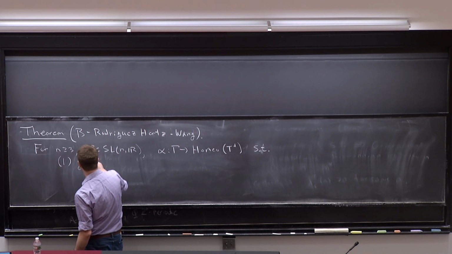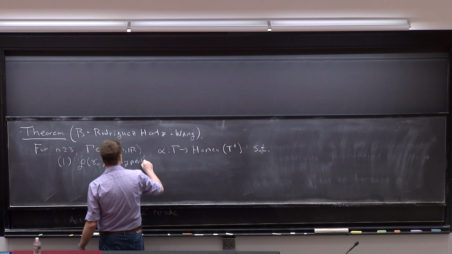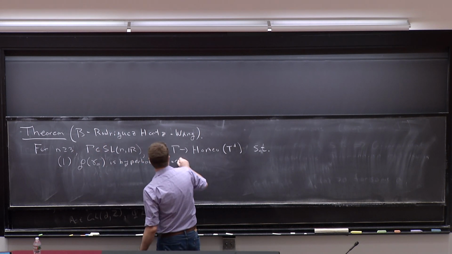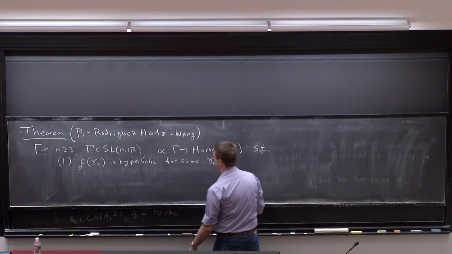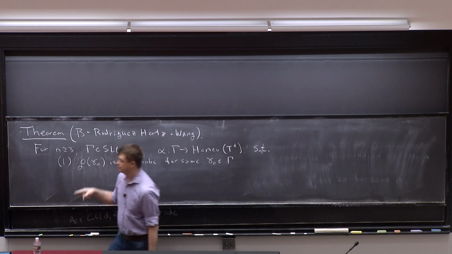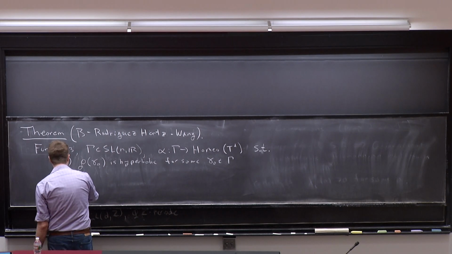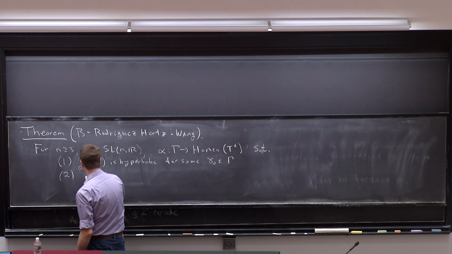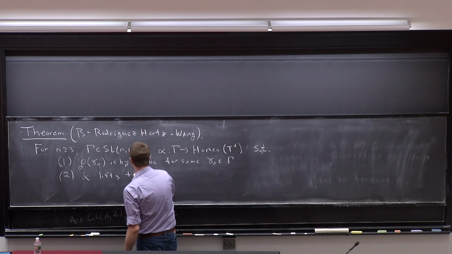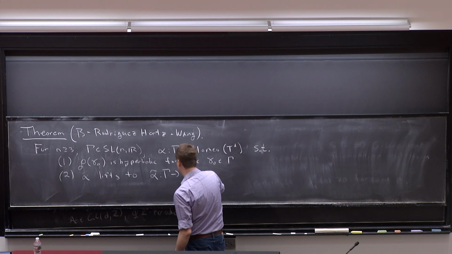So let's assume that the linear data is hyperbolic for some gamma naught in gamma. And of course, here, I just mean the corresponding linear action. And 2, there's a mild hypothesis, which probably always holds. You can check that it holds in a lot of cases, is that this action alpha lifts to an action on the universal cover,